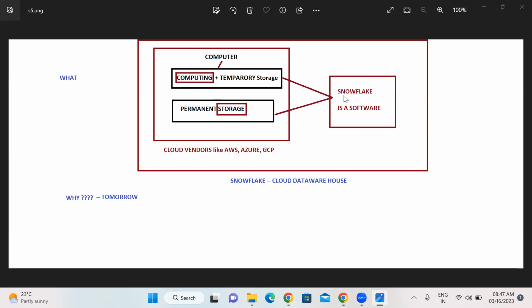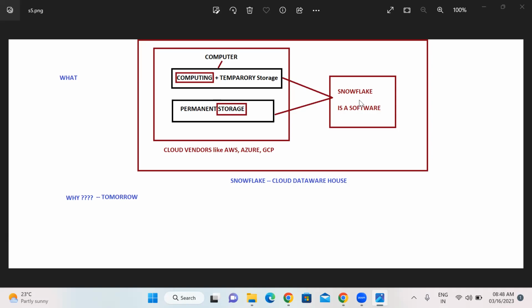Yes. It can be maintained on-prem, which means an on-prem data warehouse. If it is provided by a cloud vendor, we call it a cloud data warehouse. One of the cloud data warehouses is Snowflake. For Snowflake, storage is provided by a cloud like AWS, Azure, or GCP. They provide the storage to maintain the data. Clear?